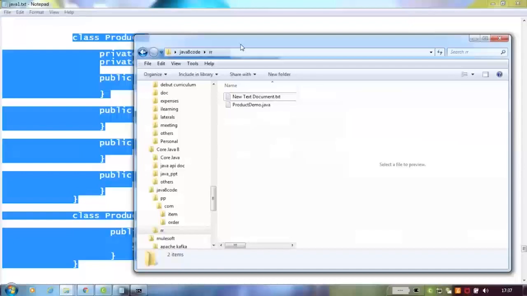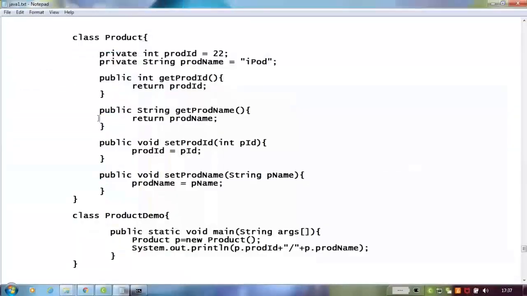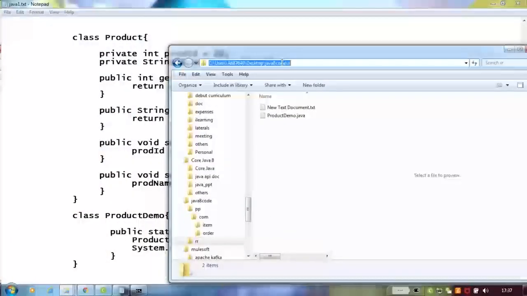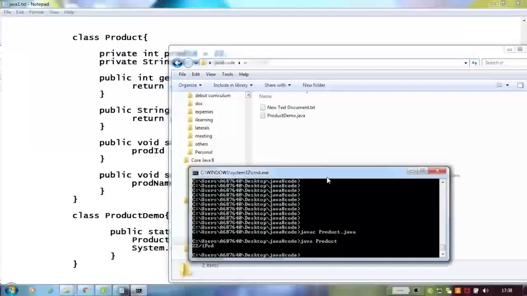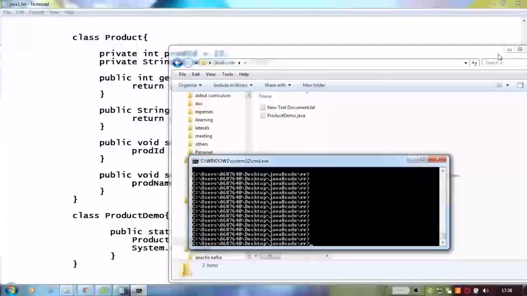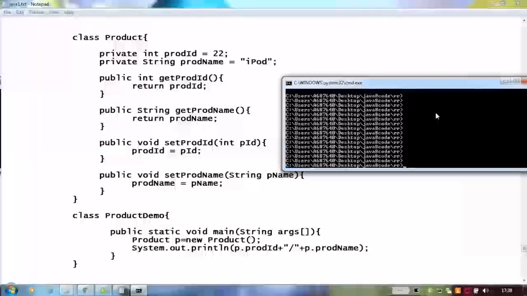Okay. Now I have to compile and run this ProductDemo.java. So you have to come inside the same path. So cd, we came inside the same path, and then I have to compile and run. So just compile, javac ProductDemo